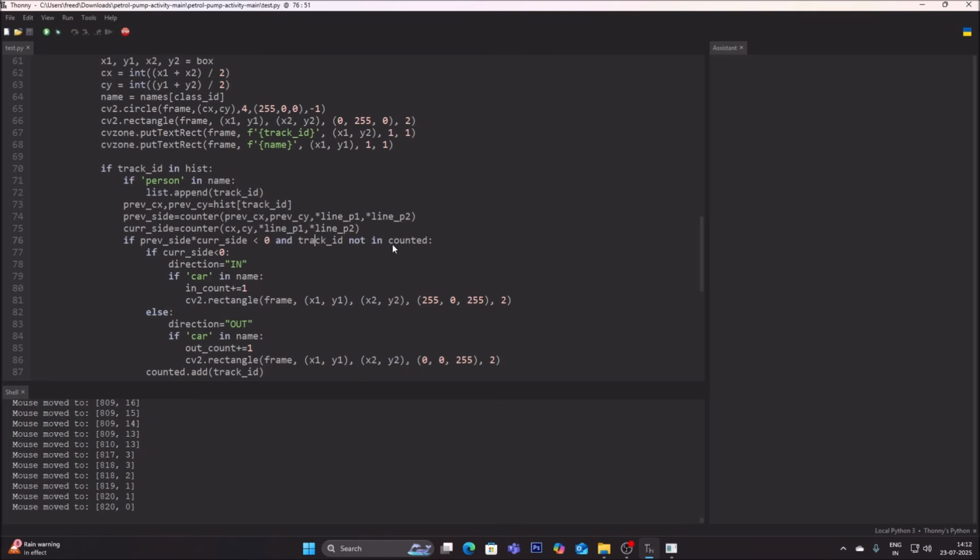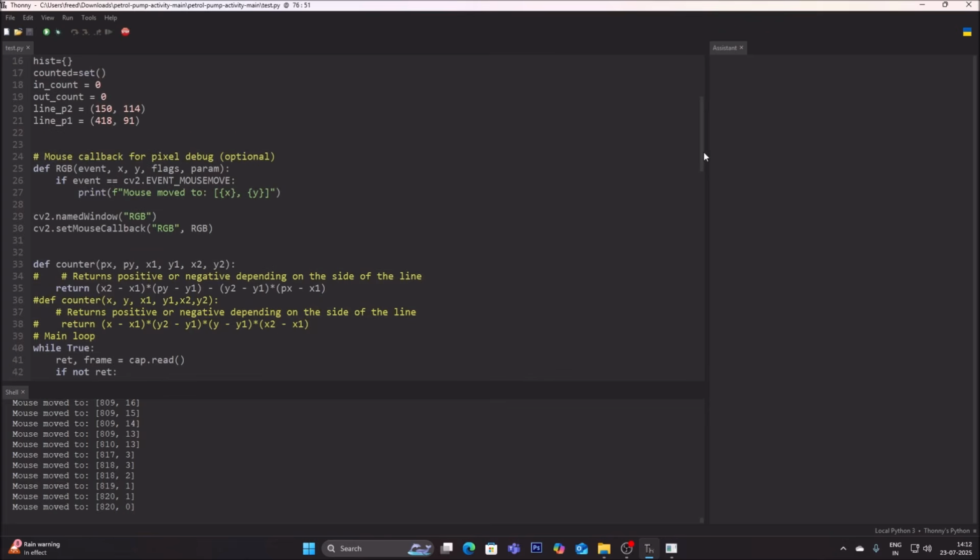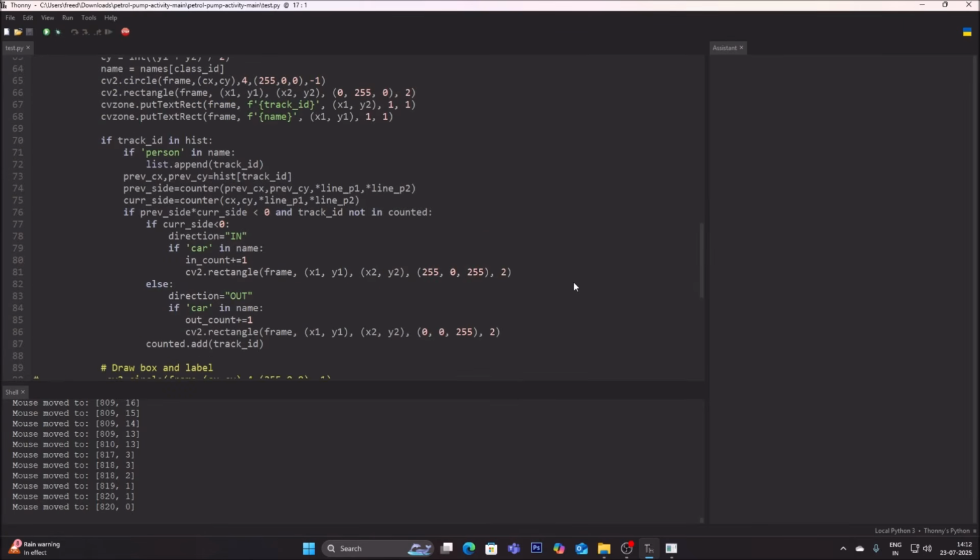and the track ID is not in counted, so we created here counted as a set, as you can see. So it means if we counted those IDs already, track ID not in counted means those IDs which we have not already counted. Then we will create: if current side less than 0, direction is equal to in. Direction is basically in, and because we only want to detect a car here,